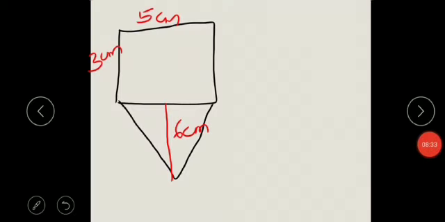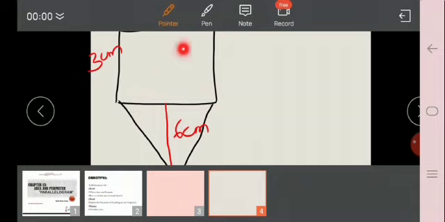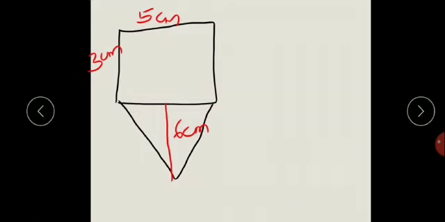So here we are given a question regarding how to calculate the area of this complex shape when we have two or more shapes joined together. So we have a composite or a complex shape. If you see over here, we have two shapes joined together here. We have a rectangle and we have a triangle shape here. So let's start. First, we're going to calculate the area of the rectangle shape, and then we will calculate the area of this triangle shape, and then we will add up both of the areas. So let's start with the first step.